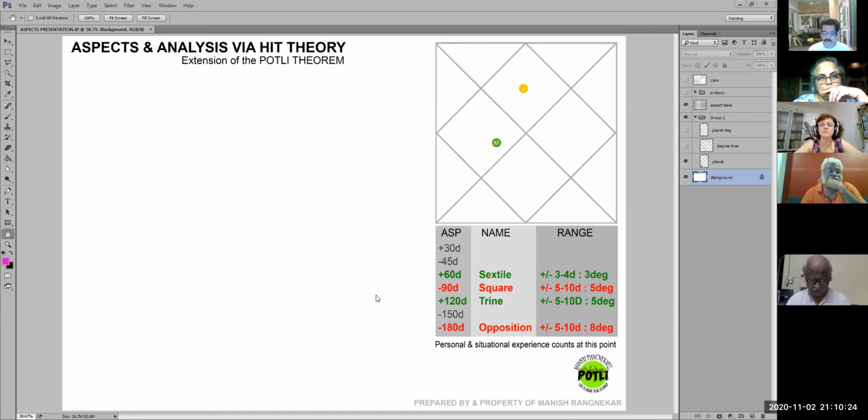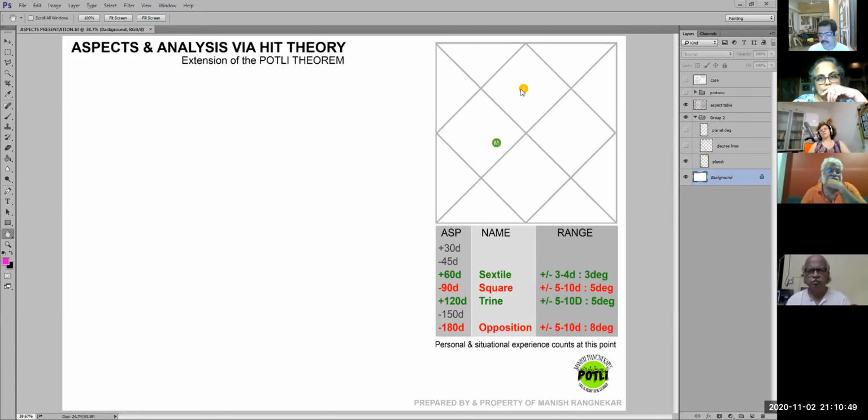Okay, so now, can you see my mouse move? Sujata, just do this. Okay. Now what I'm going to show you is, let us presume that there is a planet here. Let us say it is Jupiter, and there is a planet in this house which is Mercury. It doesn't matter. That's why I've not even numbered the houses or put any Rashi. It is anything.